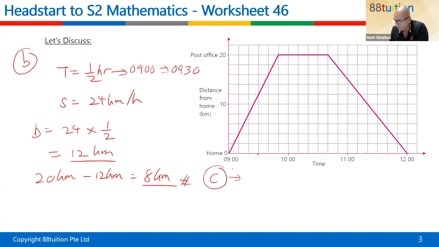Question C. Distance given, you know it, is 20 kilometers. Speed, 60 kilometers per hour. So you find time, right? So how do you find time? Time is distance divided by speed, right? So using the formula, go back to the